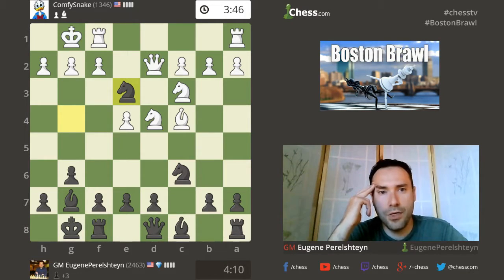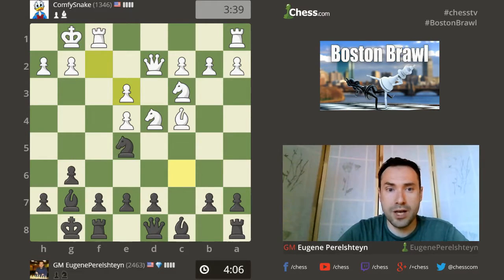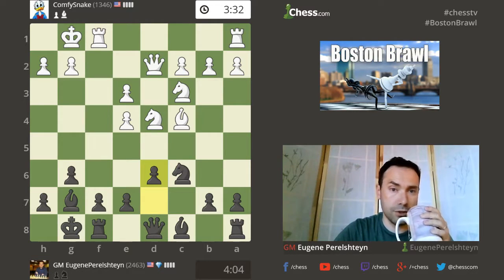So knight takes e3. I'm simply going to get a bishop pair. He has to take with the pawn. I'm not sure what he's thinking about. Queen takes, loses. Yes, pawn takes is the only move. I could mount the knight there, honestly, but let's just do this move. So this is double pawns, double isolated pawns. Two bishops for black. I have really good chances in this game